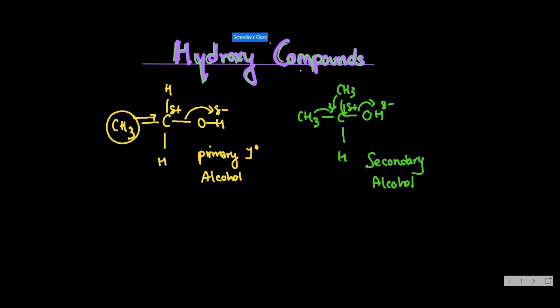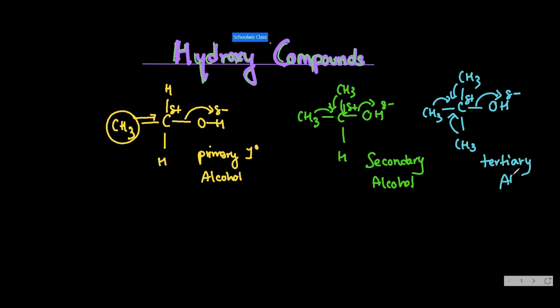And then we have the last one, and that's the tertiary alcohol, where we have three alkyl radicals attached to one single central carbon atom. What happens is that when this OH takes electrons towards itself, it's still negative, of course, and this is still positive. However, the alkyl radicals keep on donating electrons towards the central carbon atom, drastically reducing its positive charge. We call this the tertiary alcohol. In terms of carbocation stability, this one is the most stable, and